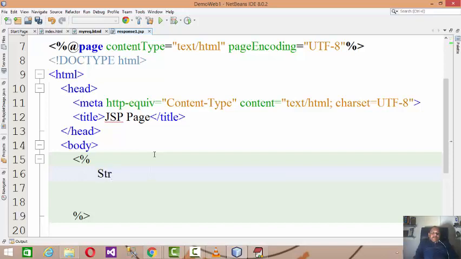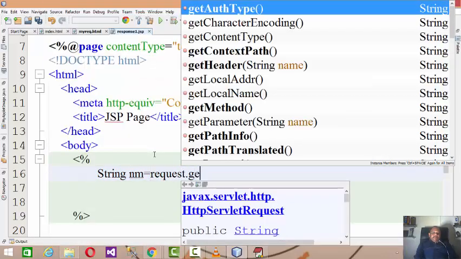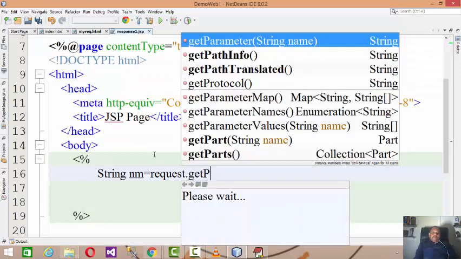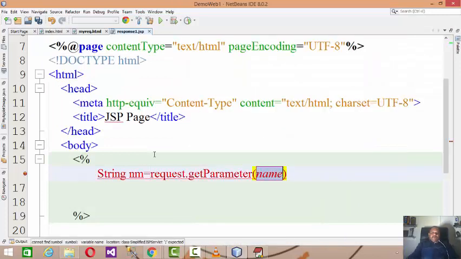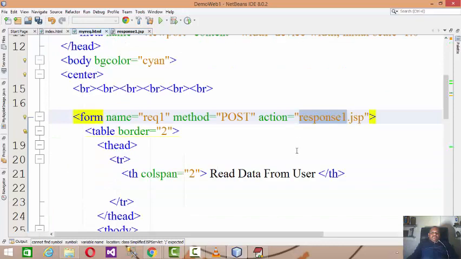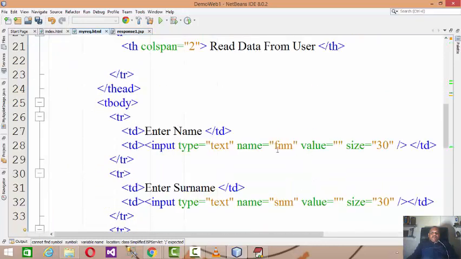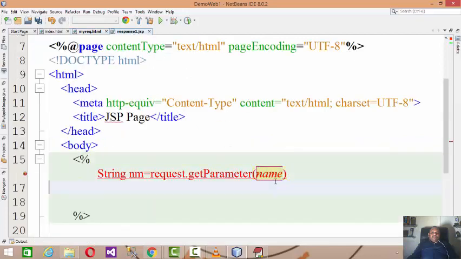So for that reason, you add Java code: String nm equals, declare a string variable. There is a request object provided by JSP, request dot getParameter, and then what is the field name? Here you have a field name called FNM. When you click on the submit button, whatever data you posted in the text field called FNM gets posted to the response page like this.